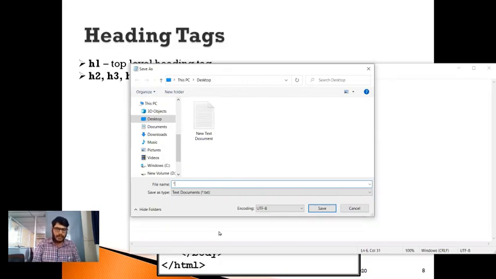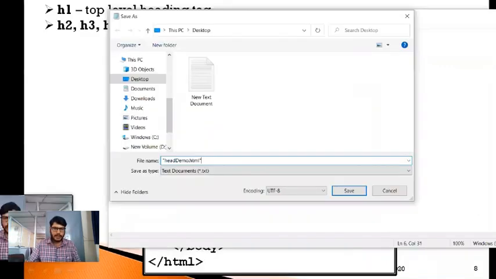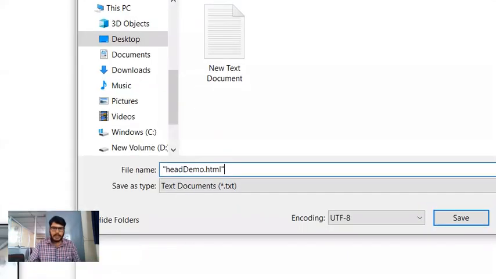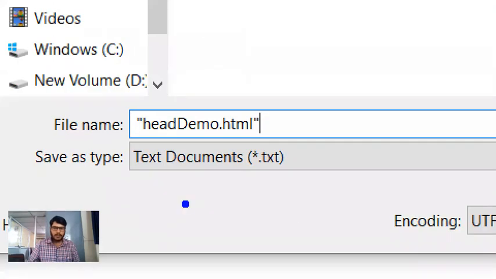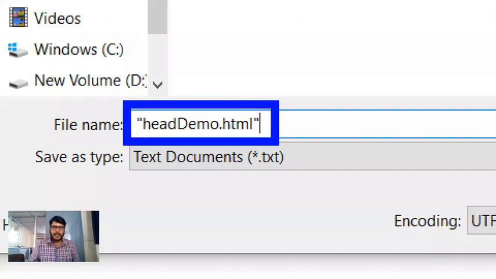Within double quotation, I need to specify the file name along with the .html extension. So in this case, I'm going to specify head demo dot html. Look at this, what I have written here.